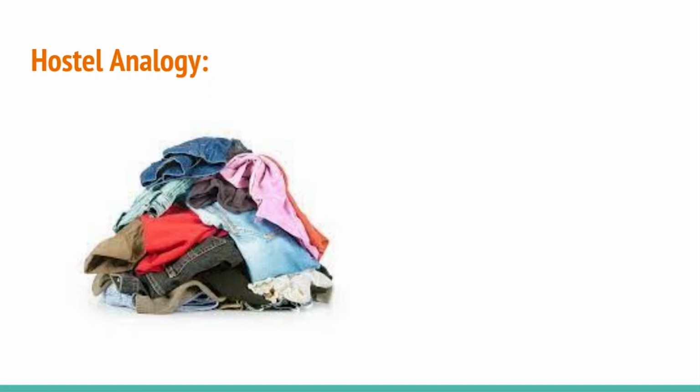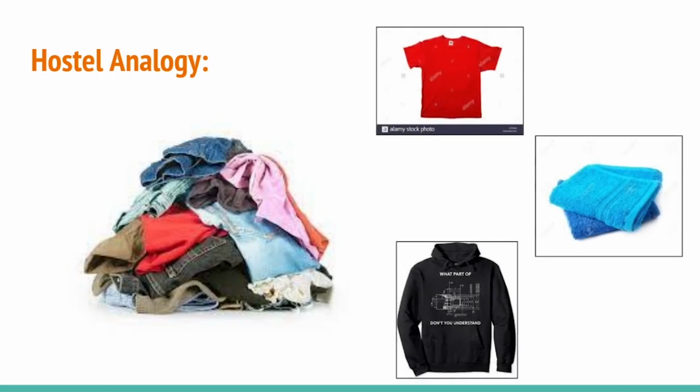Say auntie told you to divide the heap of clothes into three parts. So you are supposed to pick three different clothes at random. This would be your starting point. Say we picked a red shirt, a blue towel, and a black jacket. This is our starting point, and we use this to separate the clusters. Now we have to consider different attributes for the three initially picked ones, say attributes like water temperature, color, drying, etc.